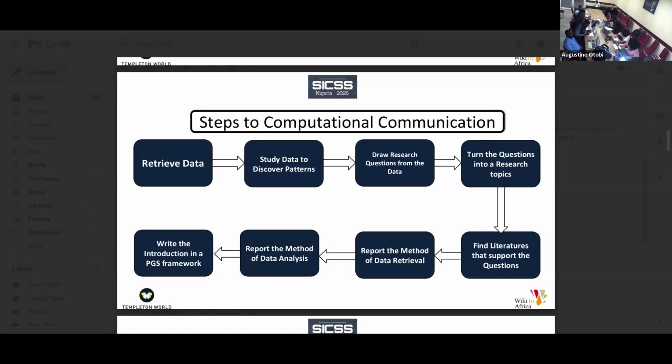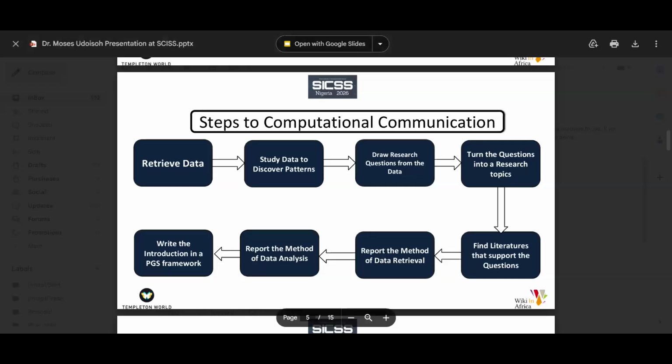You write the method statement. For this problem I see and the solution I bring, this is how I will be bringing the solution. I would collect data from this bank. I would do feature engineering for this data, and I would write Python code to build the machine learning model. I would run experiments for a random forest, and I would